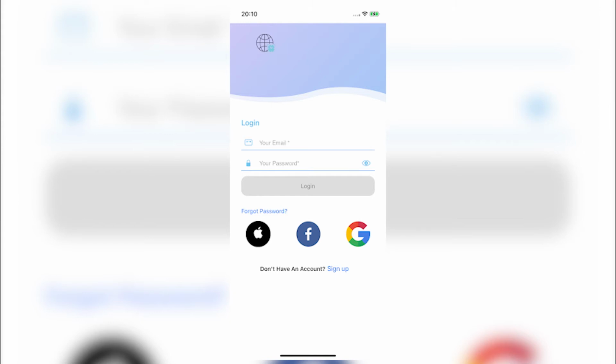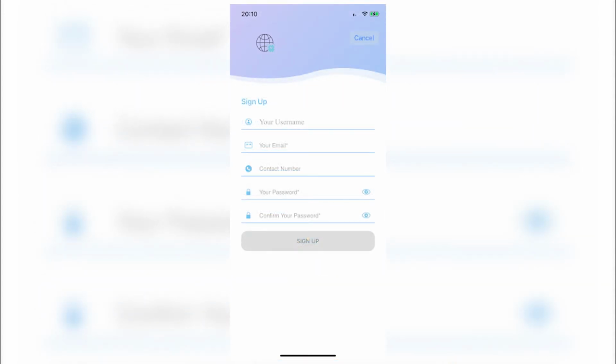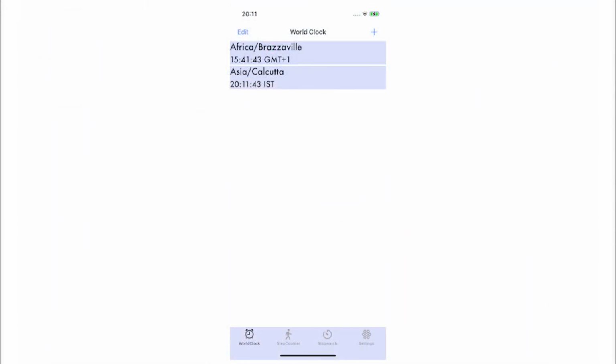If the user has already signed up, then they can use their credentials for login, otherwise they need to sign up first by clicking on the Sign Up button. On clicking it, the Sign Up screen would appear where the user can sign up in-app. Fourth, after successful login, the first screen would be of World Clock, where we can add or delete time zones